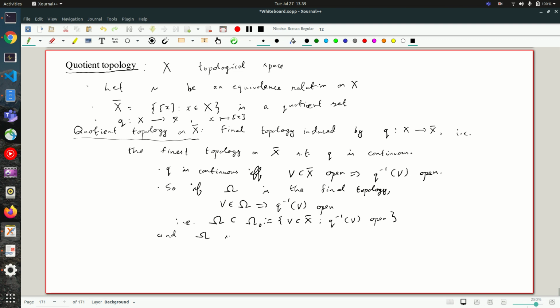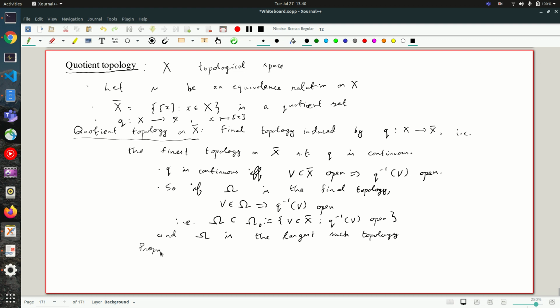And omega is the largest such topology. So what is the issue here? A priori omega naught may not be a topology. So if I just have a bunch of functions and declare they are continuous, all with a fixed target, then any set in that topology must have inverse images under all the functions as open. Here we have only one function, and a priori this will not be closed under intersection and union. I mean finite intersection and arbitrary union. Okay, but in this case, in fact,